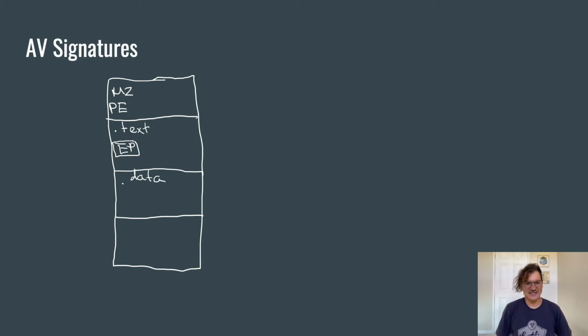First, let's discuss how AV signatures are stored, not just how they work. And the reason it's important is because, as I mentioned before, back in the day, the amount of resources was very scarce. The internet was slow and the amount of RAM every machine would have would be very limited. That set a very tight restriction on how big antivirus signatures could be, especially if we want to update them